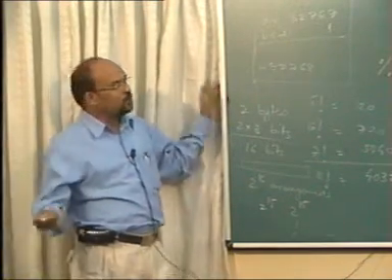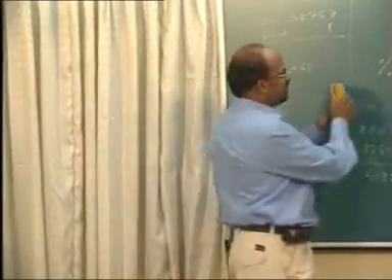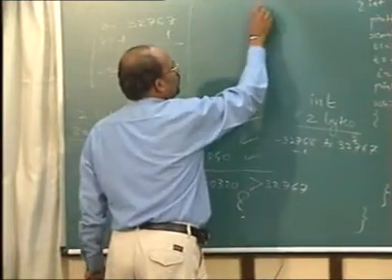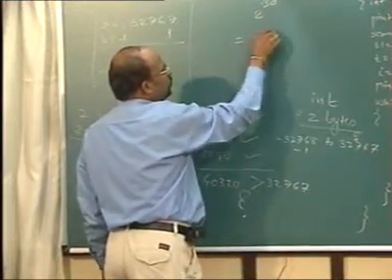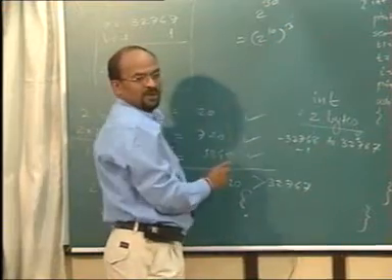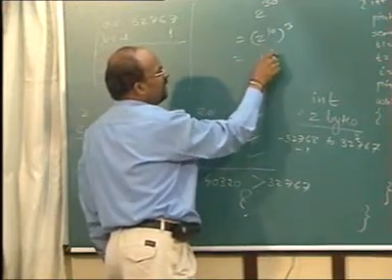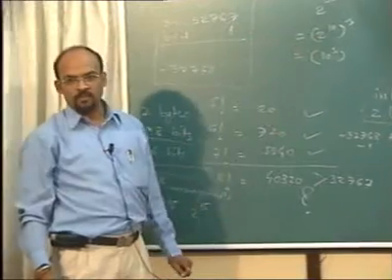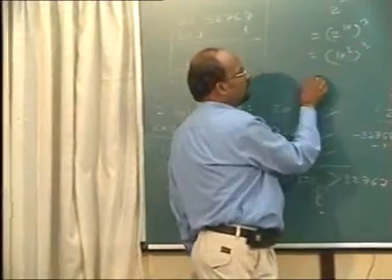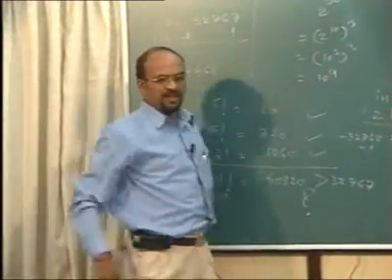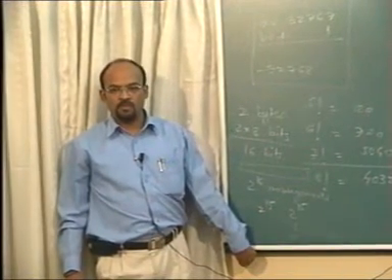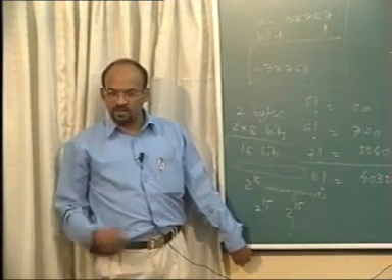2 raised to 30. This requires rather a mathematical background, I would say. 2 raised to 30 can be written as 2 raised to 10 bracket cube, and 2 raised to 10 is roughly 10 cube, na? 1024. So 10 cube whole cube, 10 raised to 9 must be 9 digits or more. Are you getting this calculation?